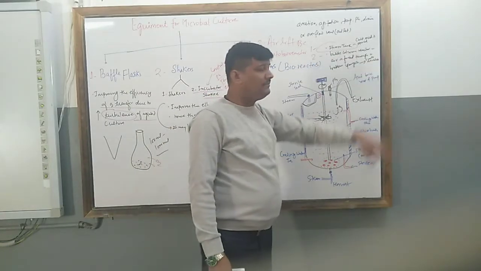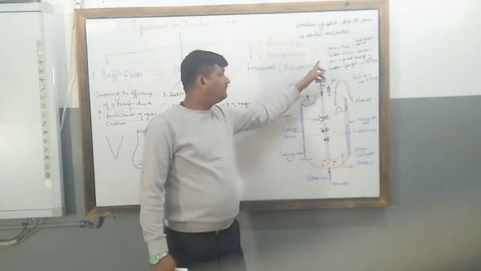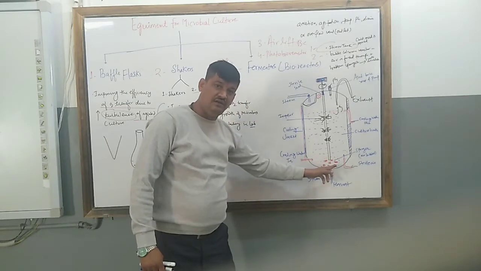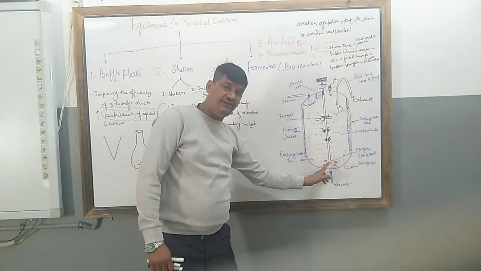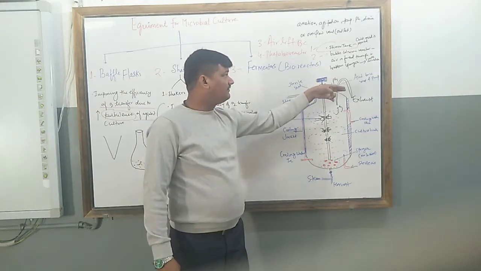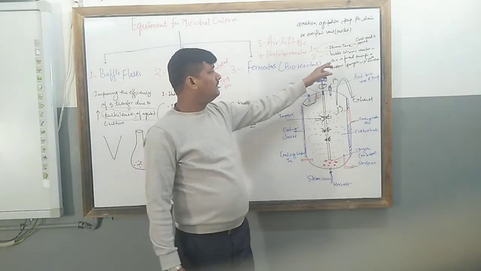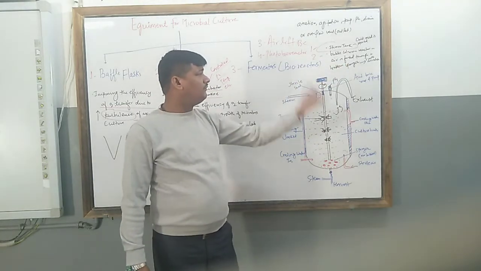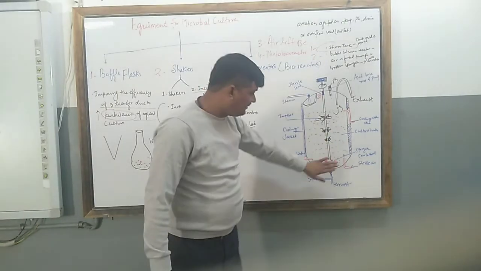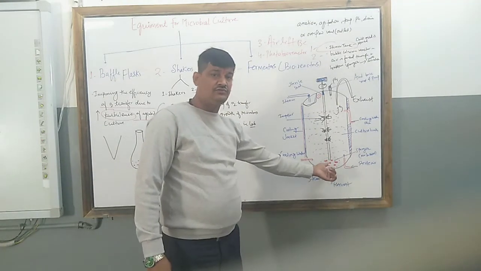Second one is the bubble column reactor. What is the meaning of bubble column reactor? Actually, there is another picture for the bubble column reactor, but the basic difference is that here is a sparger. So whatever air is needed, air should come in the form of bubbles there. This is the difference between the stirrer tank and the bubble column reactor. So in the bubble column reactor, air is forced through a bottom sparger and it creates aeration. Meaning from the bottom side, air enters in the form of bubbles.